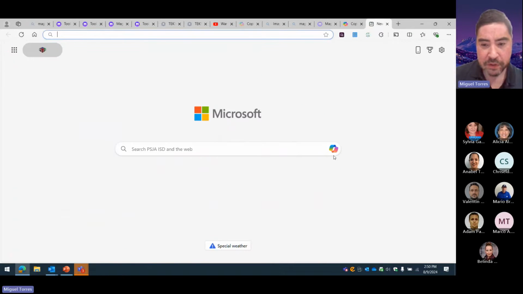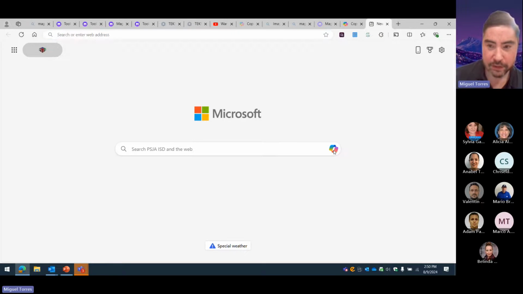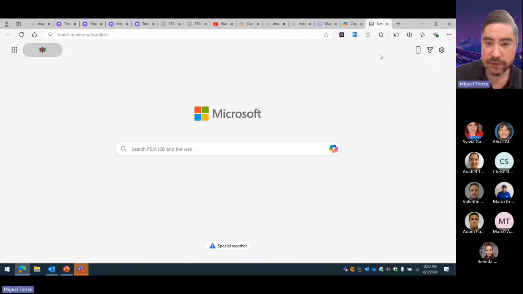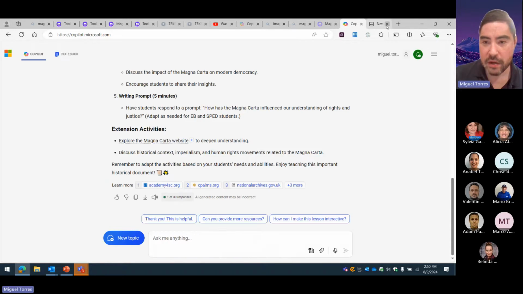And if you're wondering how to access Copilot, you can just open your browser on Microsoft Edge. This little button right here, that's Copilot. You don't have to type Copilot like the way I did. So if you're wondering how to get to Copilot, we already have it, guys. It's already on your Microsoft Edge.